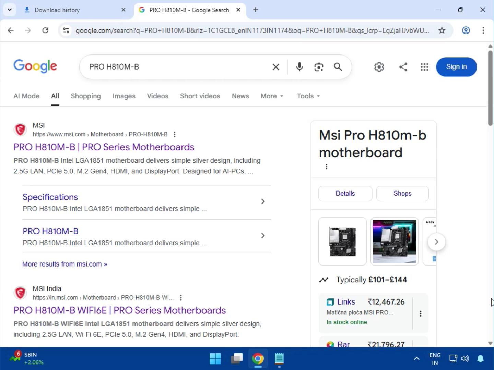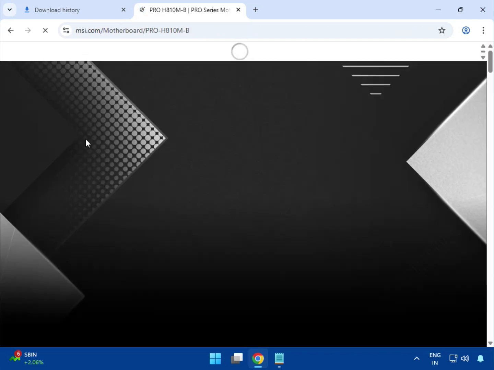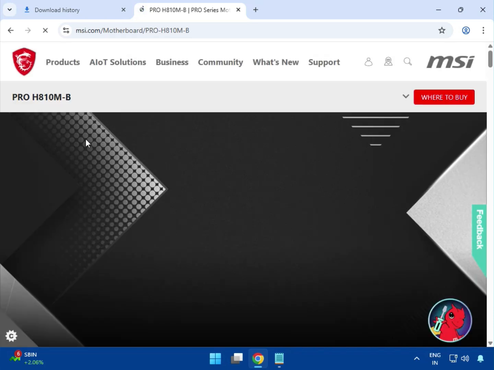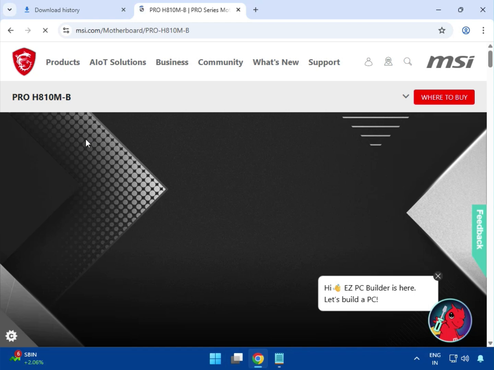Enter the model number in the Google search box in any browser. After that, you can see this is the official website, msi.com. Just click on it. Then